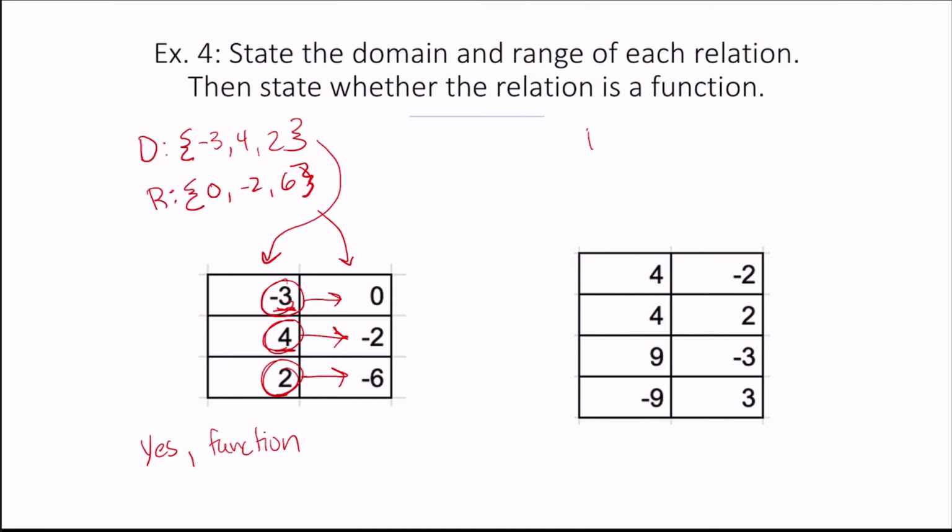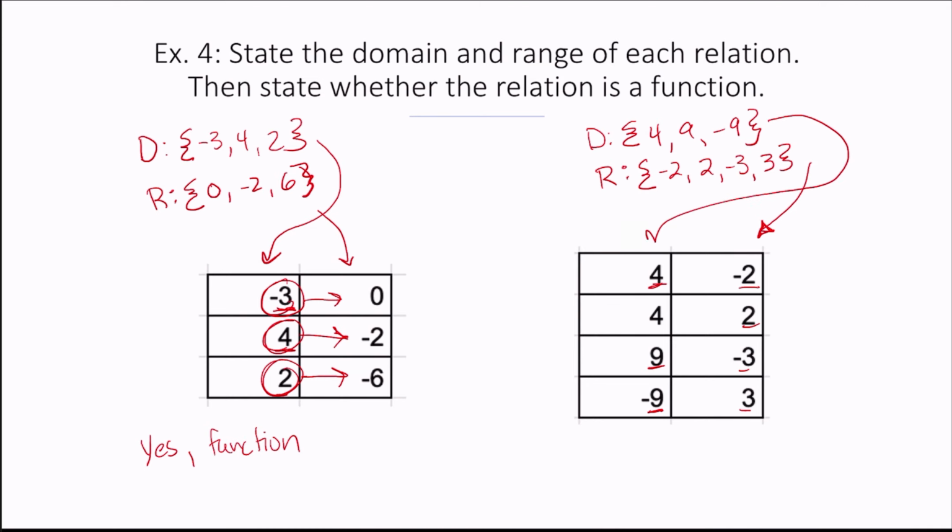For this next example, the domain, the set of all possible x values, 4, 9, and -9. The range, set of all possible y values, -2, 2, -3, and 3. So there's the range, and the domain is over here. This is not a function